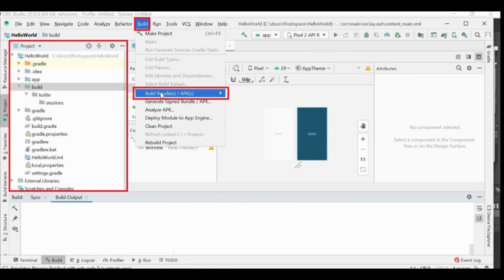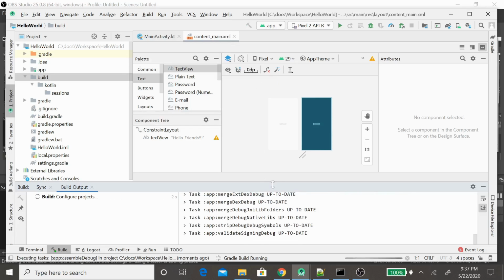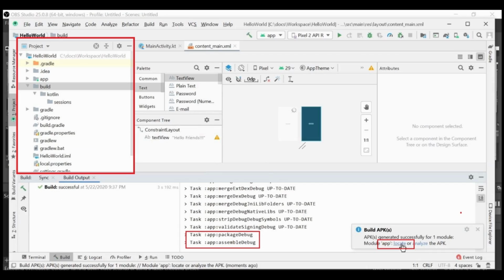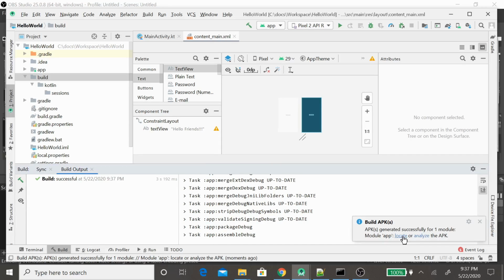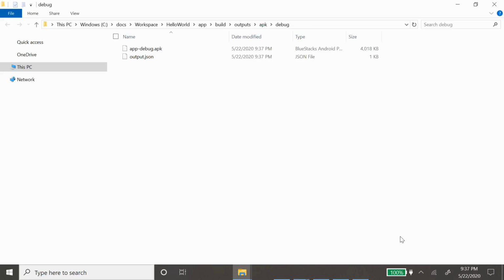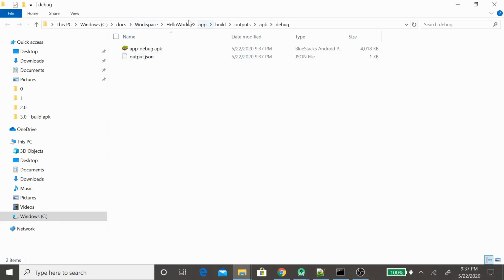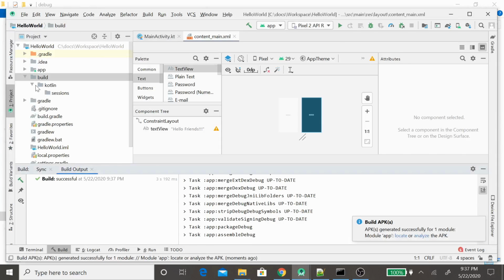So let's see that. Once the build is successful, you can click on the locate link to see where it is stored, or you can also just refresh the Gradle module and you should see the new APK file there.